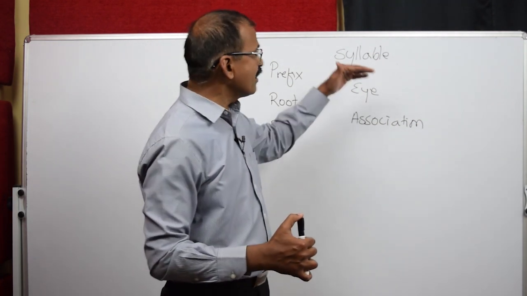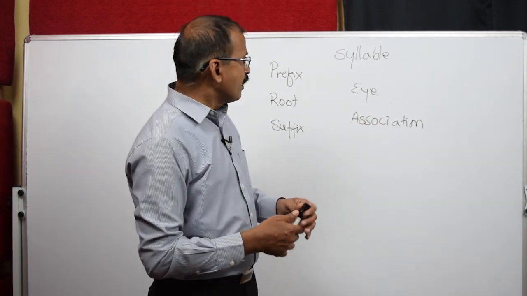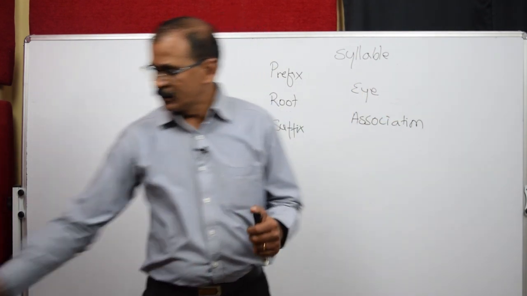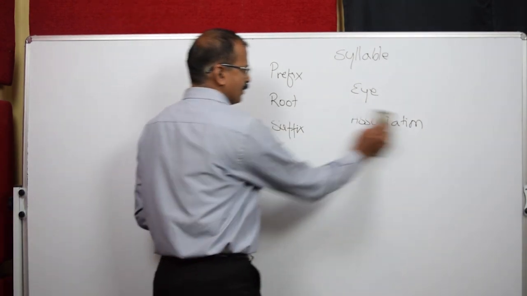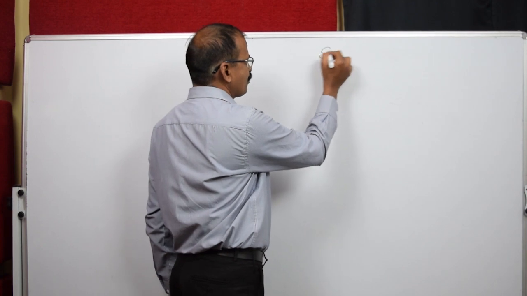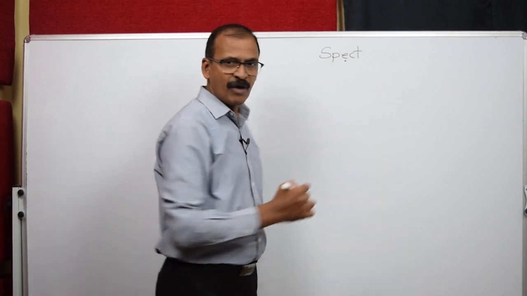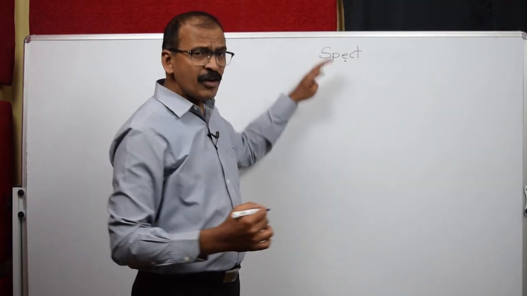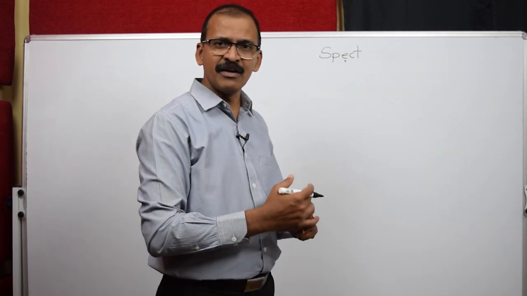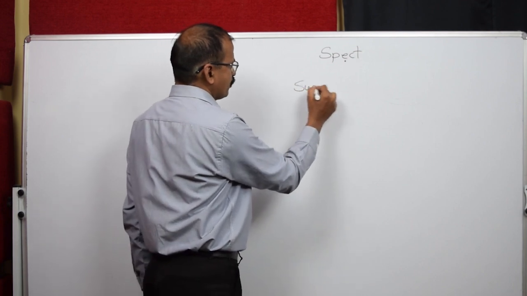Now, how does understanding this concept of syllable help us to improve our vocabulary? In the English language, syllables develop our vocabulary. For example, let us take one syllable, spect, S-P-E-C-T. It is one sound with one vowel in it, spect. Think of all the words that you can remember that have spect in it, either in the middle, in the beginning or at the end. Let us start off. For example, suspect,